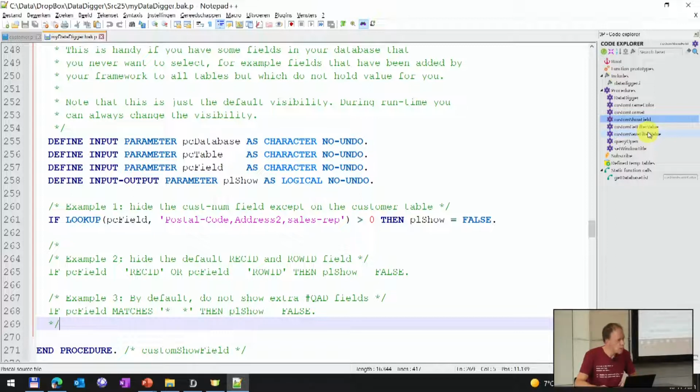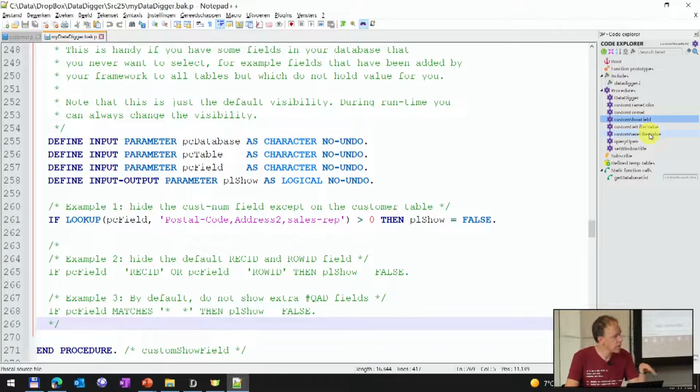A nice thing if you work with QAD or another environment that has some global fields, some poor man's multi-tenancy, you will often see that all tables have a company field or something like that. QAD has that, but there are more. I know that DWP also has that, but more frameworks might have that. If you work on that, you always want to have the same value for that field. If you're working in the DataDigger and you work your way through some tables, you always want the same company. Now you can do that by